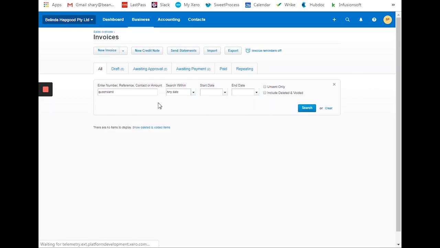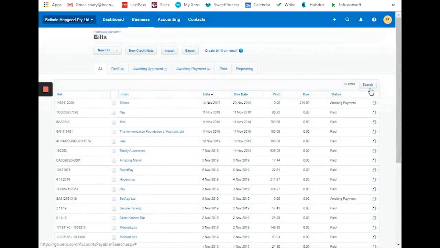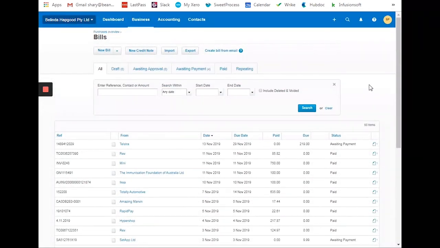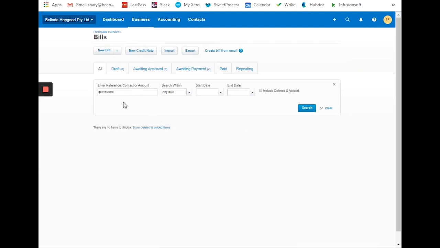If you cannot identify whether it's a supplier or customer, type it on the all tab and search. If it's not showing as Queensland, try the other name like Law Society, or any name with law. There's nothing for invoices or bills.